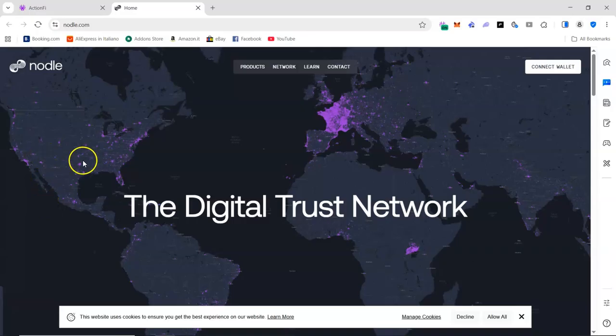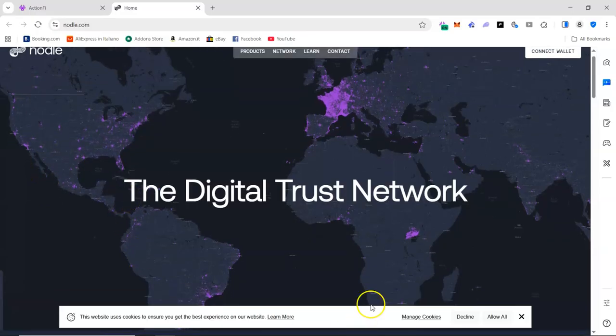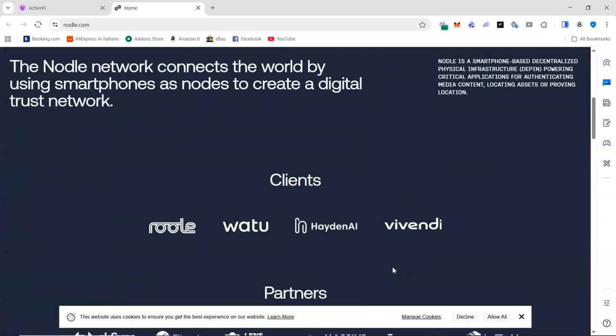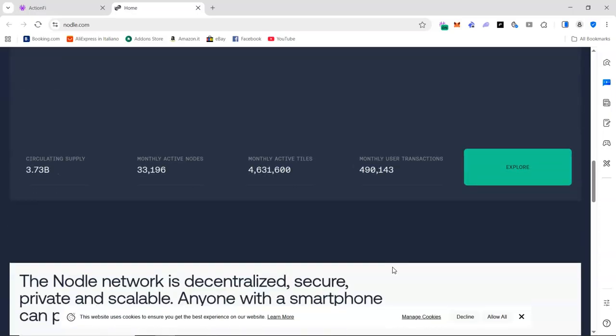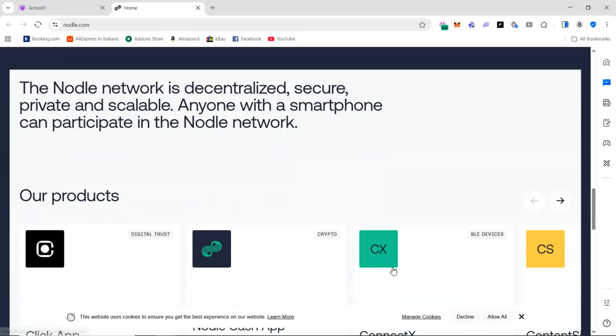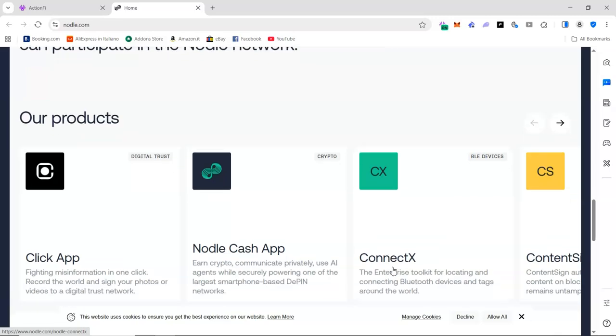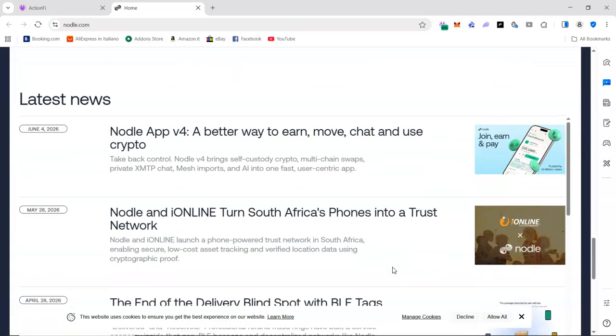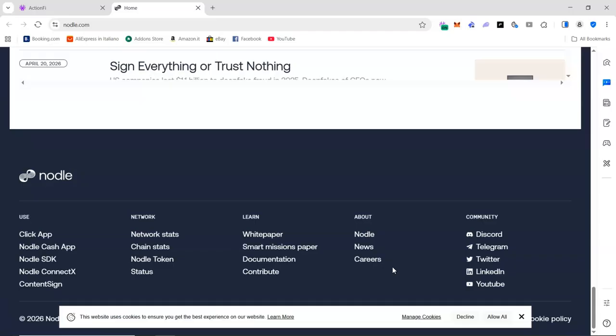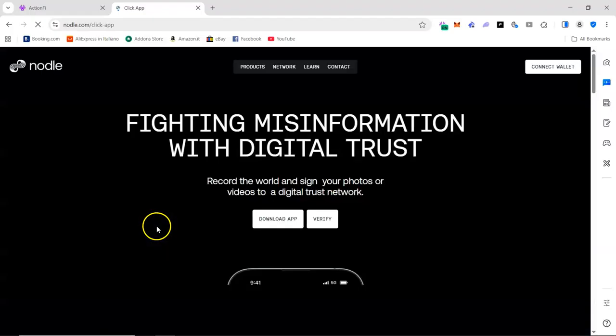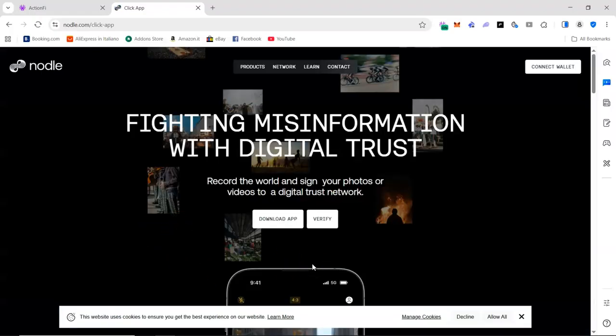Let's see, do we have the app link here? I just want to check if we have the app link here. I think this should be the app link. Let me see if there's another one. So we are going to click on the app link here, and then the next